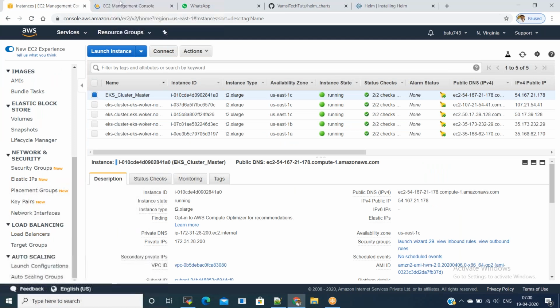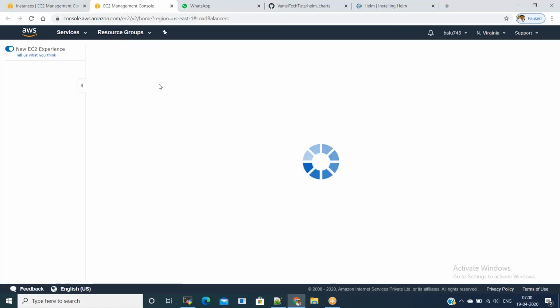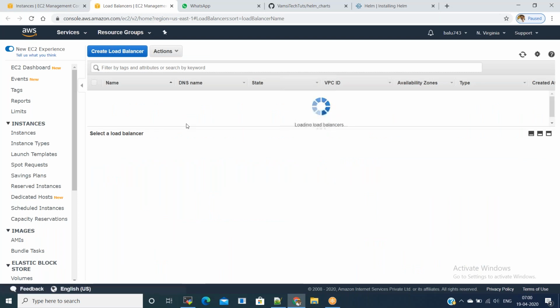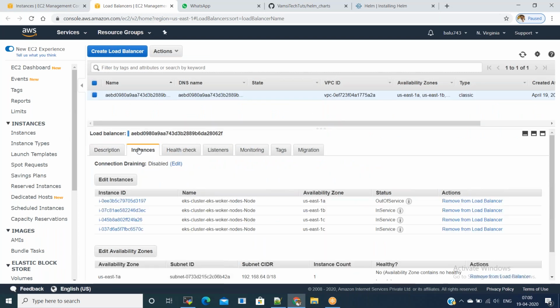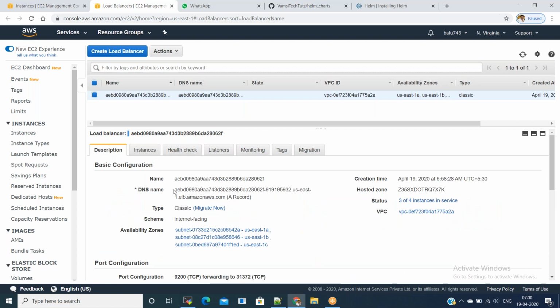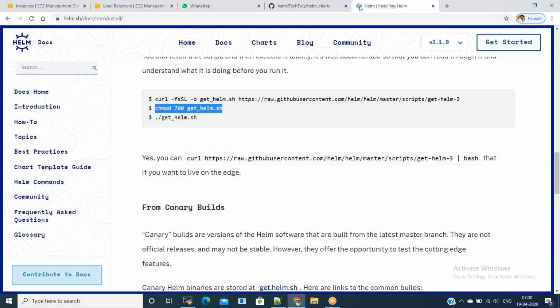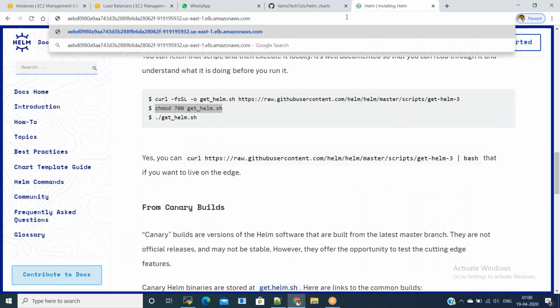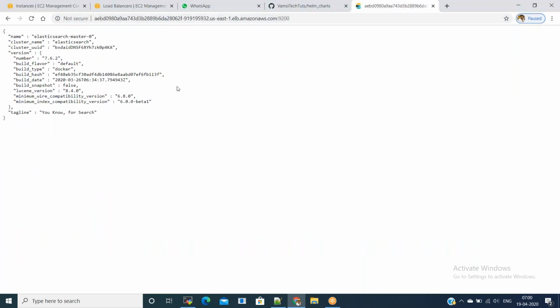We can go to the load balancer section, and in the load balancer we can see the instances are in service. We can go to description and copy the DNS name, and we can access this from the browser. Now we have the Elasticsearch response.